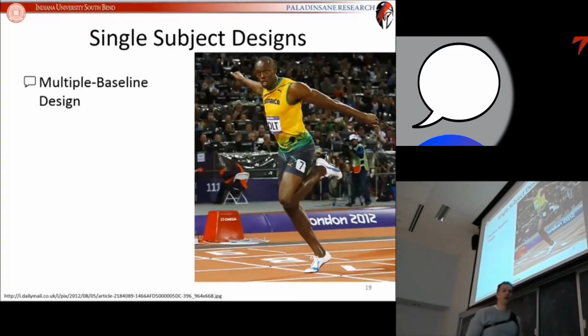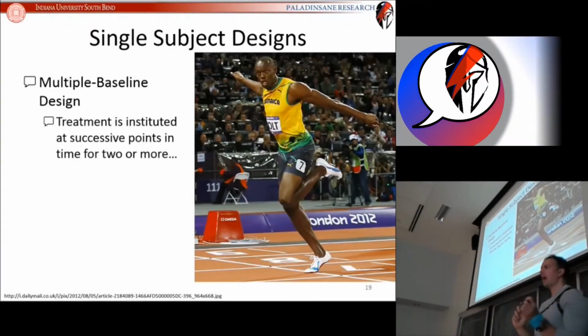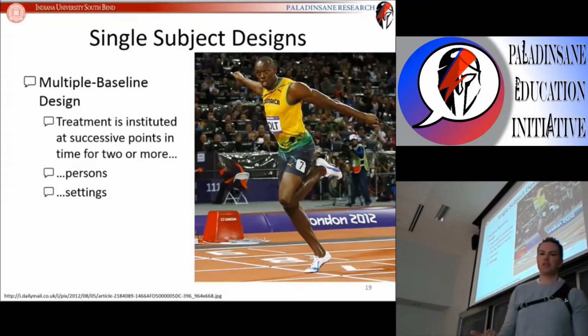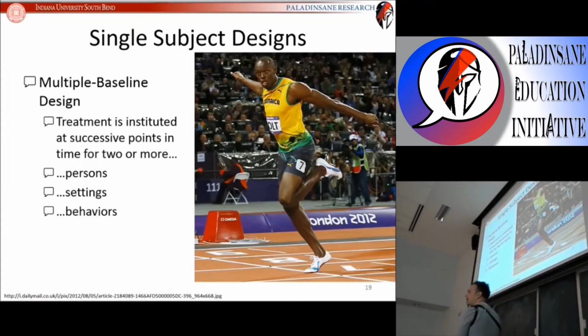And the multiple baseline design is when you institute a treatment for multiple kinds of phenomena at different baselines. So the phenomenon can be either persons. So this one is multiple baselines across different people. This would be if you have a very small number of subjects, like 3 or 4, you could use this procedure. But if we're going to stick to the single subject design, you can also use the multiple baseline across settings to determine if your treatment is effective, or multiple baseline across behaviors, and use the fact that behaviors